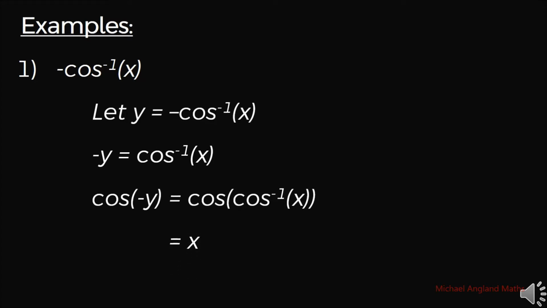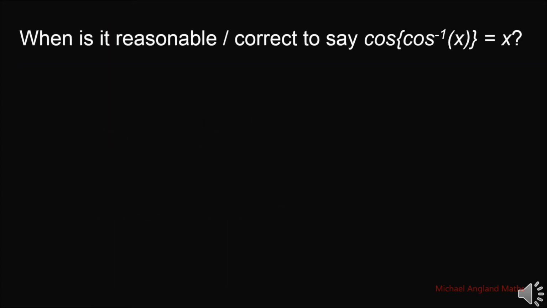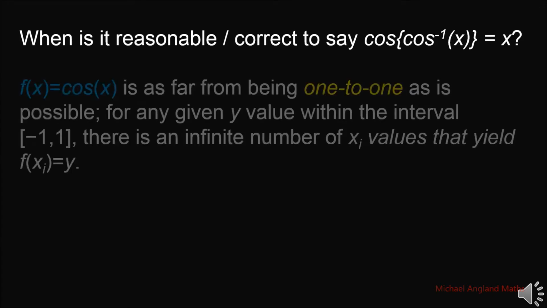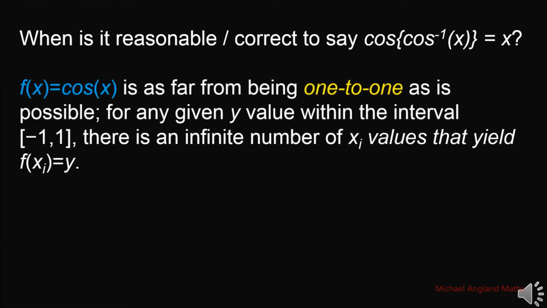Under what conditions is that true? Well, let's have a little look at that. So when is it reasonable, or indeed correct, to say that cosine of cos inverse x is equal to x? Well, the function f of x equals cos x is not a one-to-one function. It's as far from being a one-to-one function as is possible, because on the infinite domain